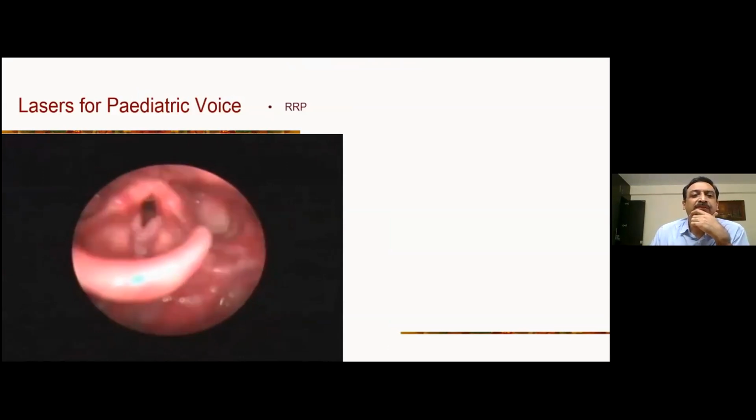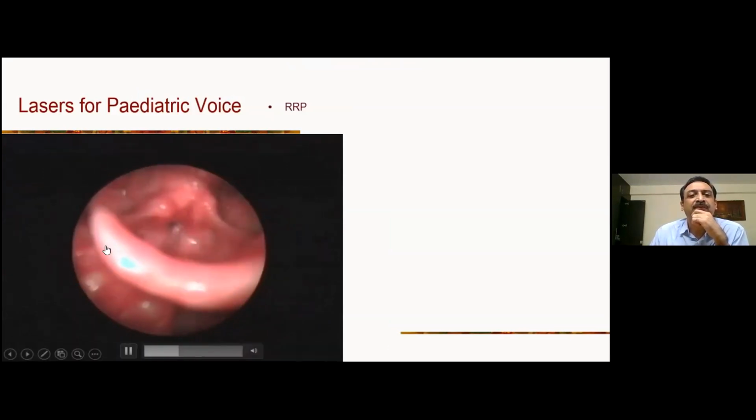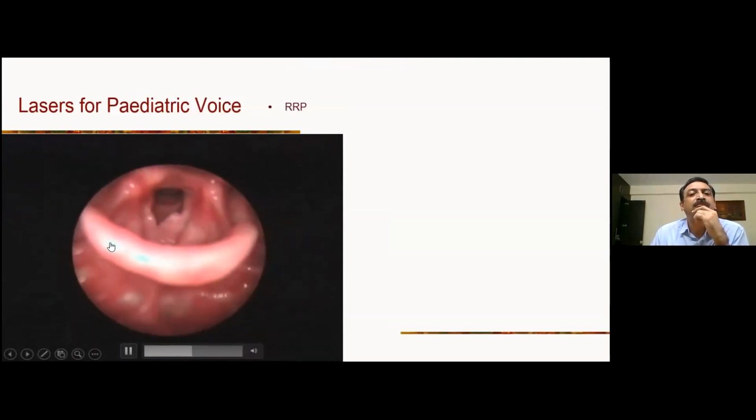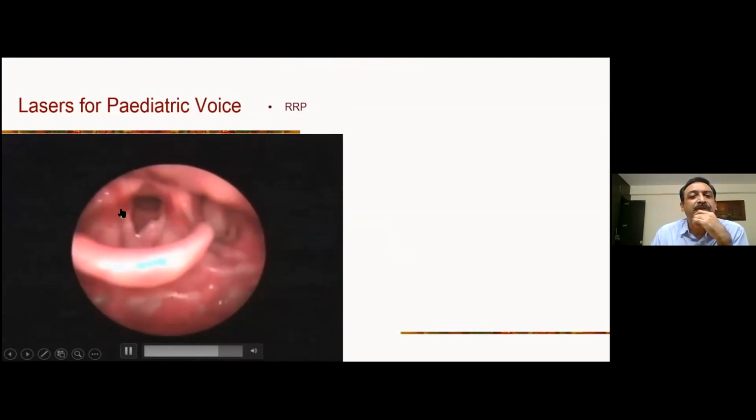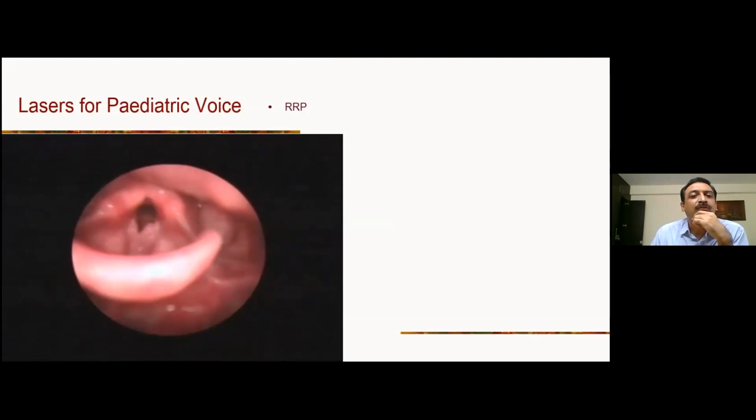What about voice? Lasers for voice. So certainly for recurrent respiratory papillomatosis, wherein you're operating for voice, I would use a laser because it's the best way to preserve the architectural structure of the vocal folds and the glottis. This would be the best